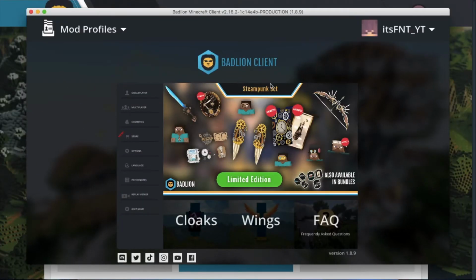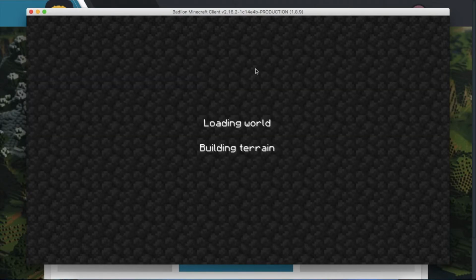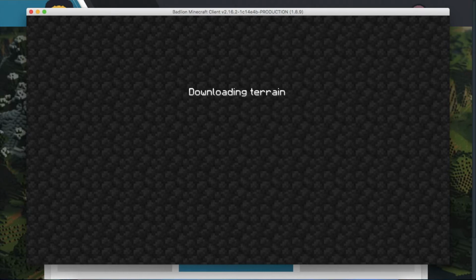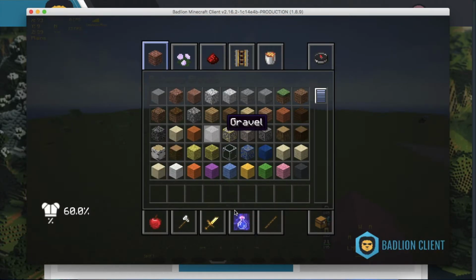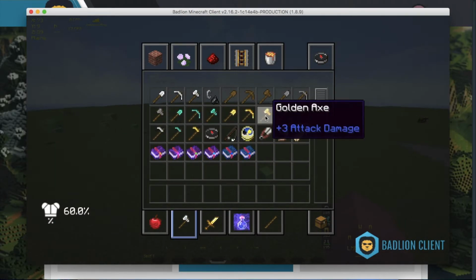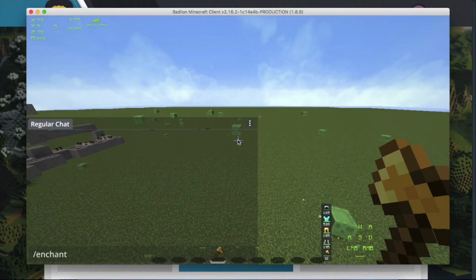Okay, so then when we're in, we want to go into a single player world. This is my creative world. Make sure that it's a creative world so that you can get the item that you need. And we are going to get an axe, because it's going to be the axe of God. Maybe it'll be a golden axe. Going to enchant this real quick